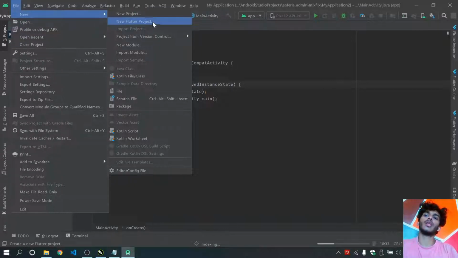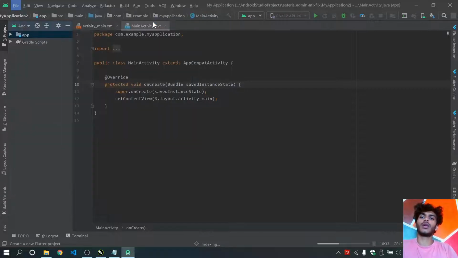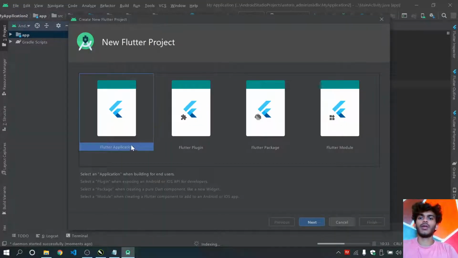So now we have to click on New Flutter Project. You will be creating Flutter applications. Other than this, we have plugins, packages, and modules. We'll be learning all this later on. Right now, we'll focus on Flutter applications. So just click on Next.